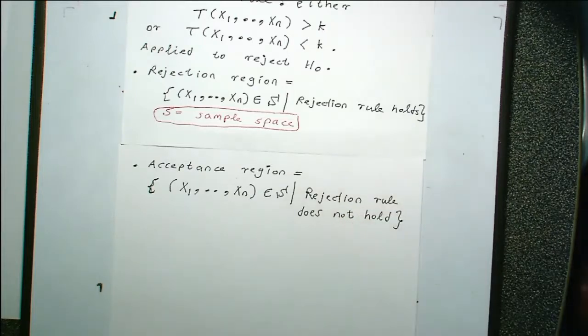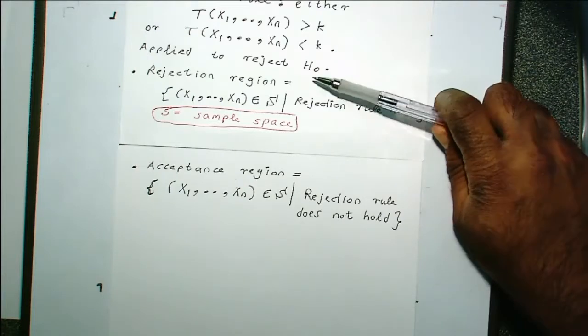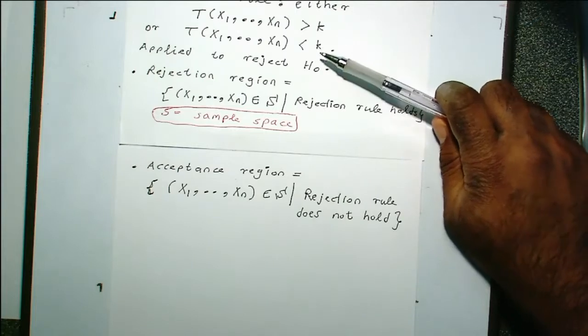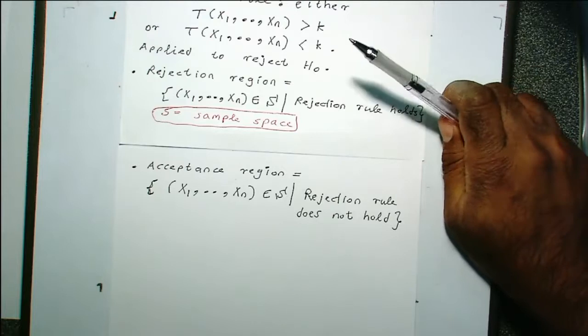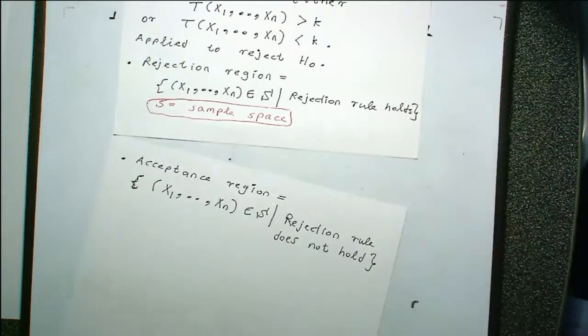Okay, so these things I have listed are fundamental to any test of hypothesis. So just to repeat, the null hypothesis is the hypothesis that you are testing. The alternative hypothesis is like a research hypothesis. And then the test statistic is a function of the data that is used to determine whether H0 or H1 is true. And the rejection rule takes one of these forms, where k is a fixed number, right? And it applies to the null hypothesis. So if one of these inequalities holds, then you reject the null hypothesis, right? And this is the rejection region, and this is the acceptance region, right? The next thing